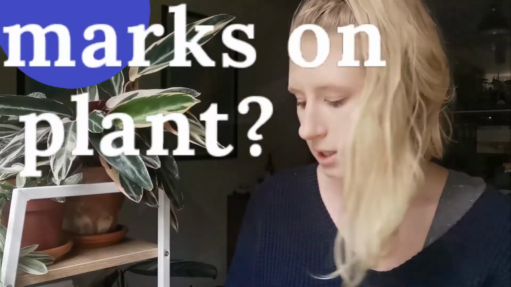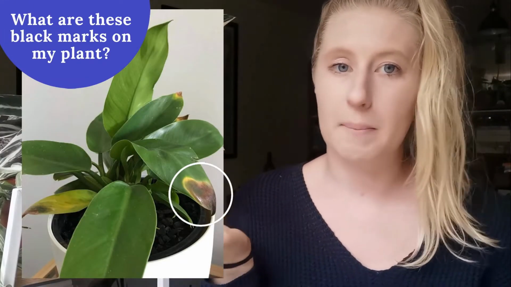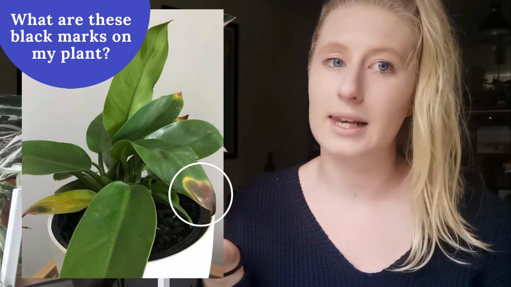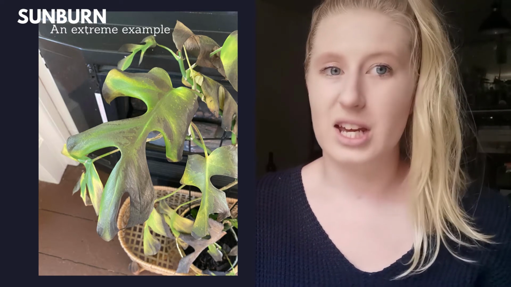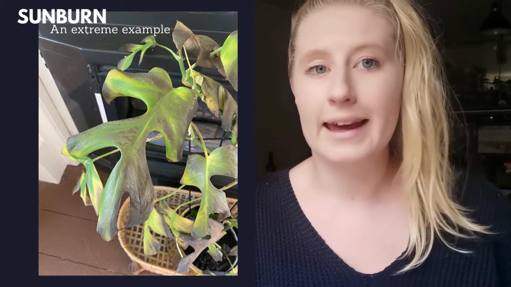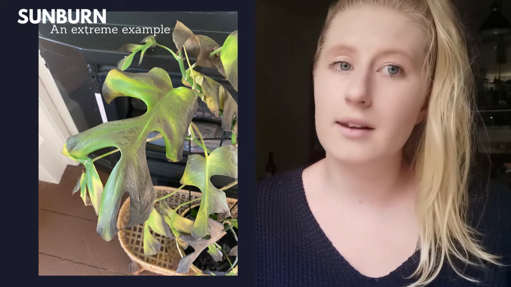Okay, next, quite often people will ask what this is. So again, there should be a picture right here of what I'm talking about. Leaves with these black kind of marks. So this is sunburn, if you do not know. Basically just like a human, if you give your plant too much sun, it can get burnt, and that is what it looks like. The easiest way to tell that it is sunburn and not something else is it's usually in the middle of the plant leaf somewhere, and it doesn't spread.